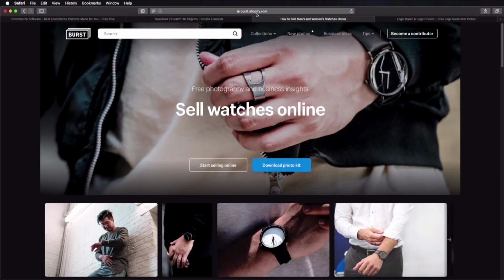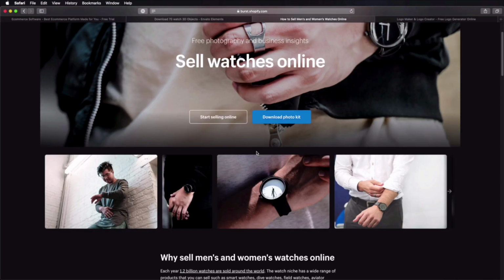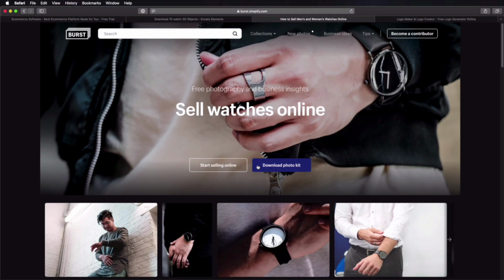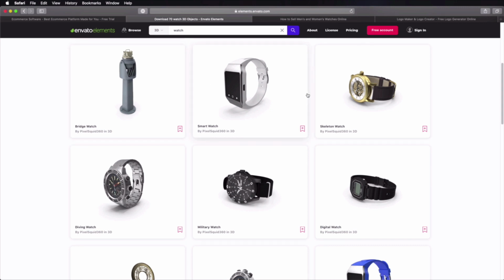And by the way, Burst is a service offered by Shopify, where you can download these free stock photos. So I went ahead and downloaded those, but I also got a bunch of images from Envato Elements, and you'll find links to those images in the lesson notes. Now, obviously, for your project, you might be using